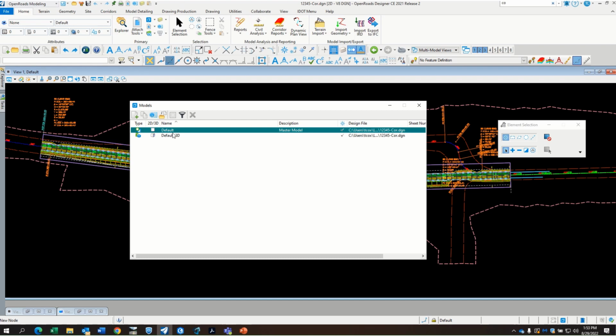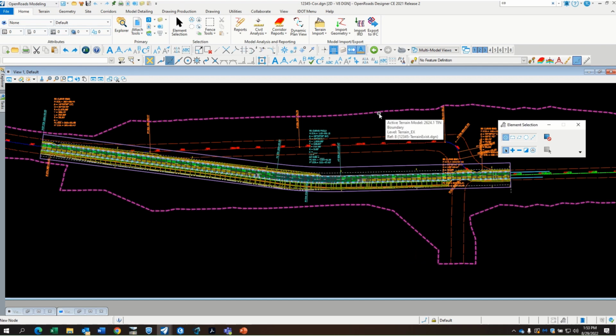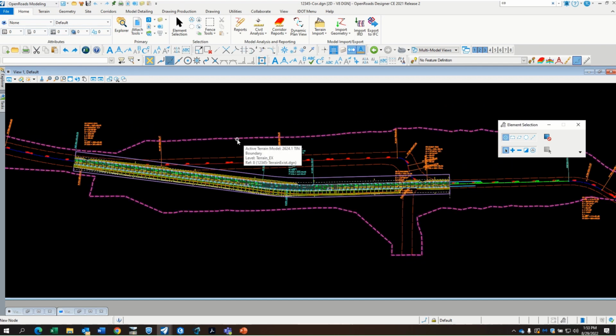But it is possible to have a separate model within your design file that's a 3D or a 2D. So when I bring in this terrain model, and we'll get into how to create terrains or bring them in later,